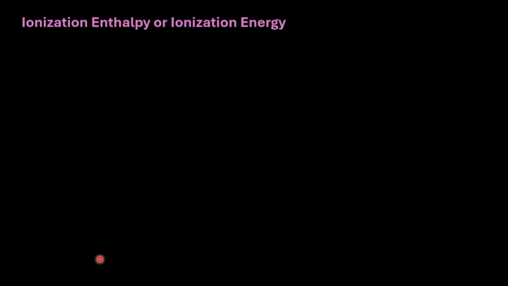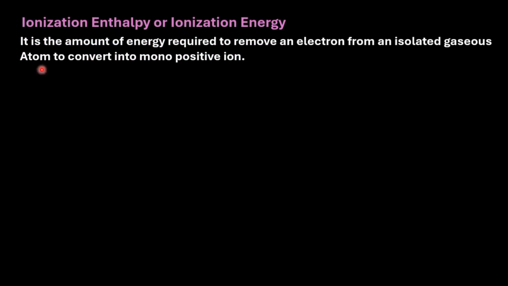This is the continuation lecture of the periodic properties which was discussed in the previous lecture of the periodic table. In this lecture, I would like to discuss ionization enthalpy and the rest of the periodic properties. So first of all, what is ionization enthalpy? It is the amount of energy required to remove an electron from an isolated gaseous atom to convert